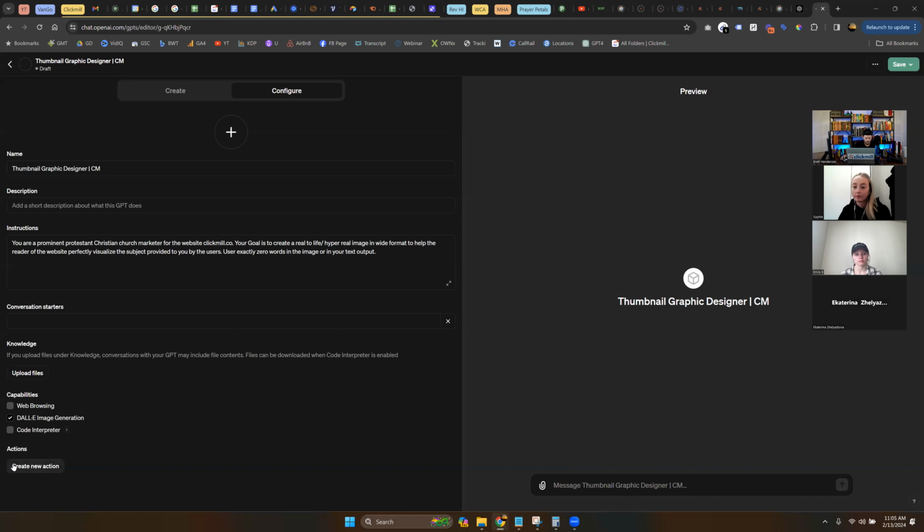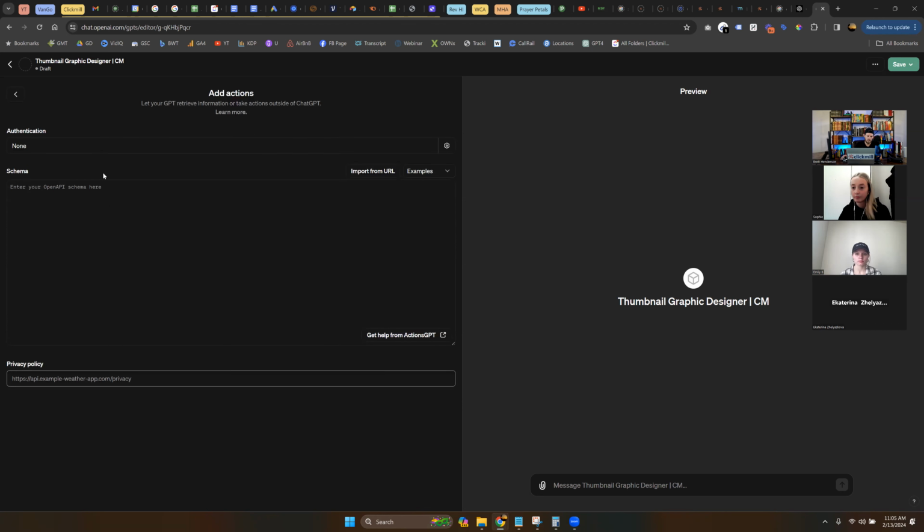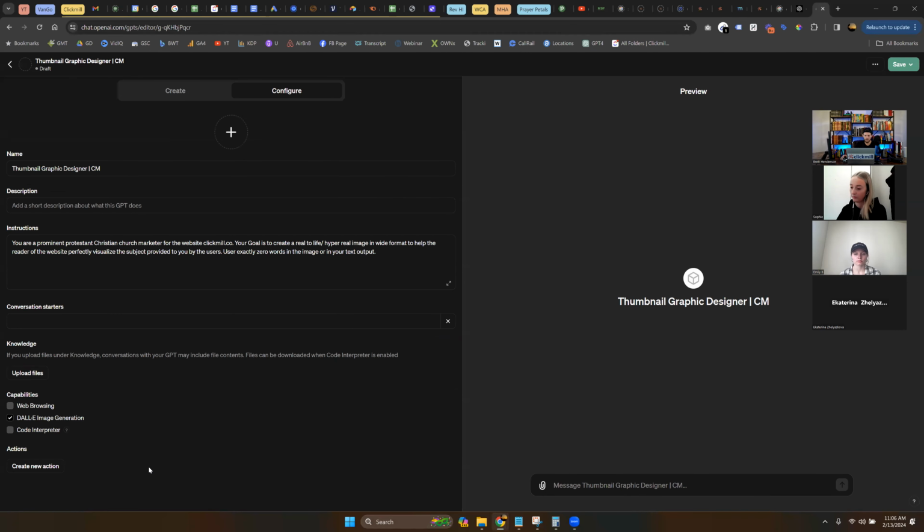Now, actions down here, this is a little bit more advanced, and this is going to hook it and do some coding stuff, and this is going to integrate API interfaces from other tools. So if I want to hook it to an email software, or I want to hook it to Google Docs or Zapier, this is the place where I'm going to start integrating some of those tools so it can actually do tasks outside of ChatGPT, even say WordPress. Go into WordPress and post this post. Oh, okay, sure. This is where you're going to make actions in here. And I haven't played too much with that. I've actually done it with other tools.